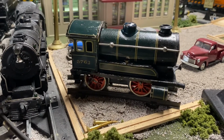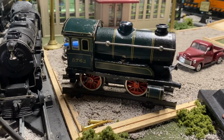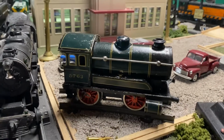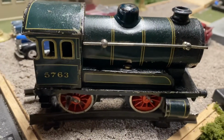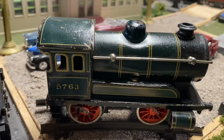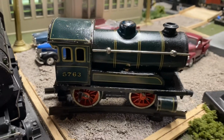This is an early 1920s locomotive, so it's almost 100 years old. And as you can see, it's original paint, but it really looks good. And then